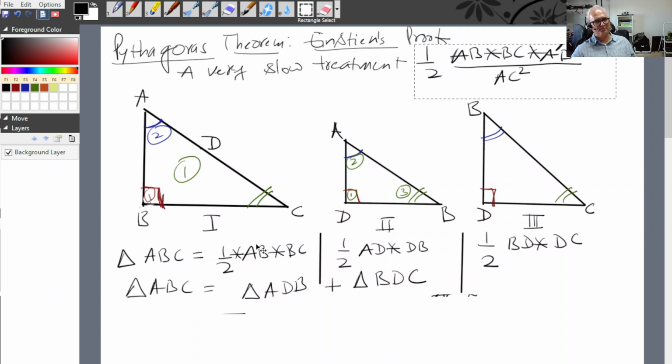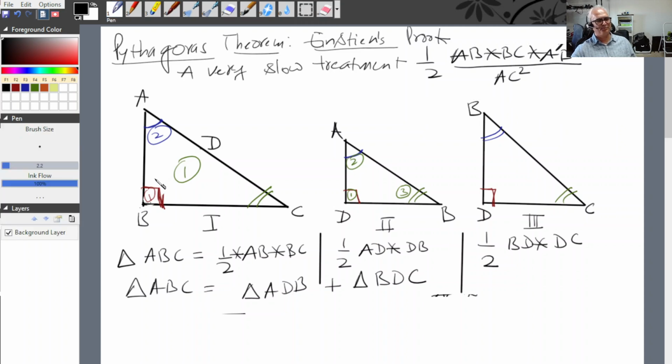So the opposite side to right angle is AC, and here it is BC. So BC divided by AC is equal to, let's take the opposite of angle C here. So BD divided by AB and is equal to